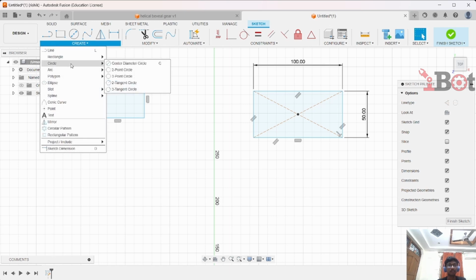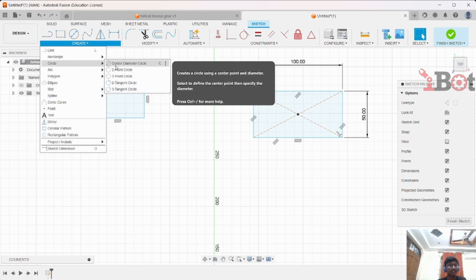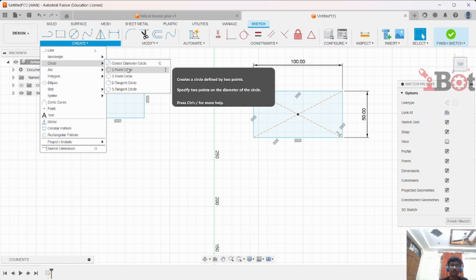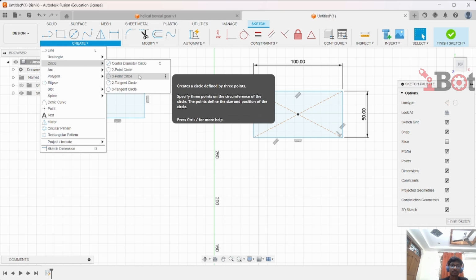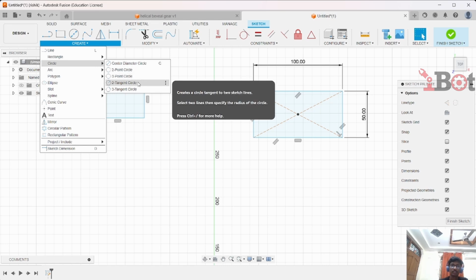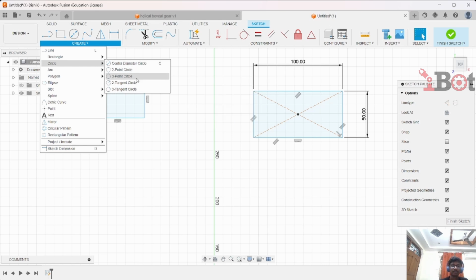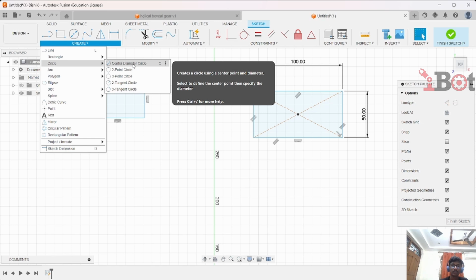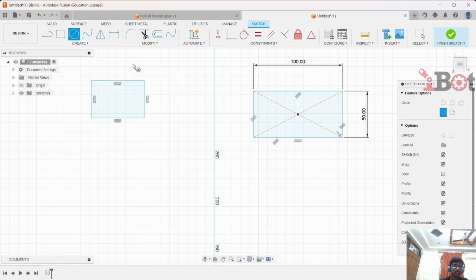The circle command lets you create circles. You can do this in many ways, either by specifying center and diameter, specifying the points through which you want your circle to pass, or specifying the tangent lines of a circle. Let's quickly go through each one of those. This is the center diameter circle,